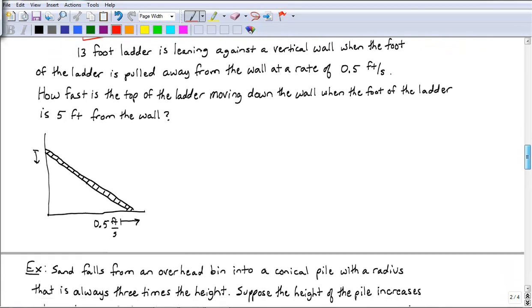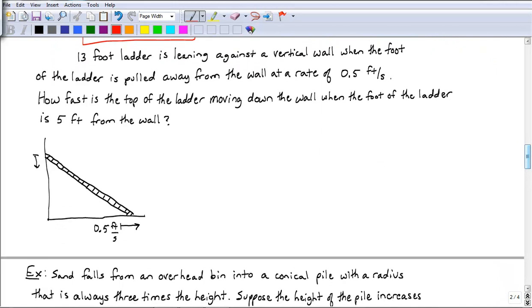So in this problem, we're pulling a ladder out from the wall. Someone grabs the bottom of the ladder and pulls it out from the wall, and we want to know how fast the top is moving down. The trick to this problem is to notice it's a right